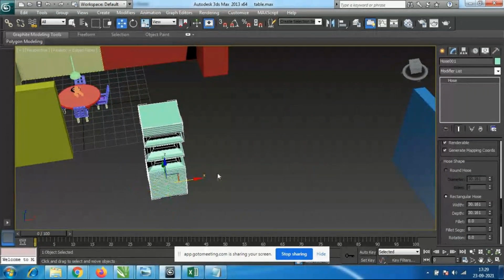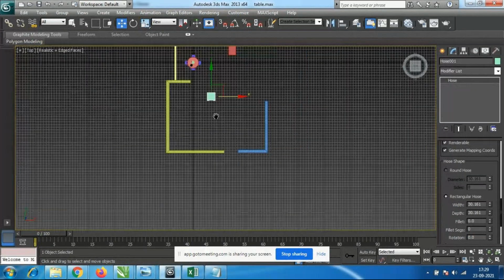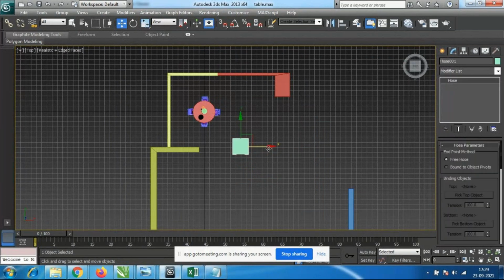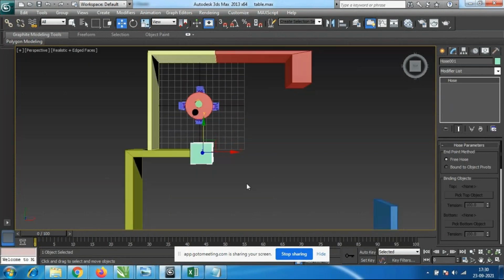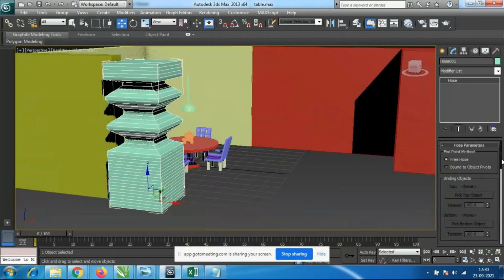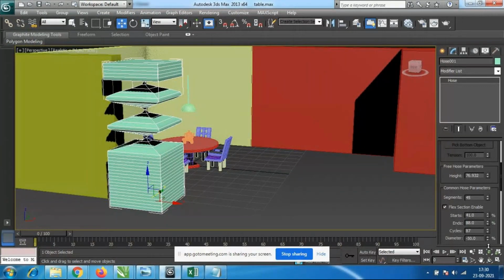Suppose I go to this top view. I'll just reduce the size of this diameter. This much diameter will be there.